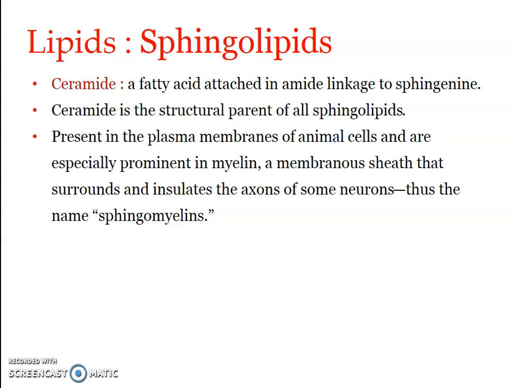Ceramide in itself is present in the plasma membrane of animal cells and is especially prominent in myelin. I hope you know what myelin is. Myelin is a membranous sheath that surrounds the axons of neurons. You may have studied